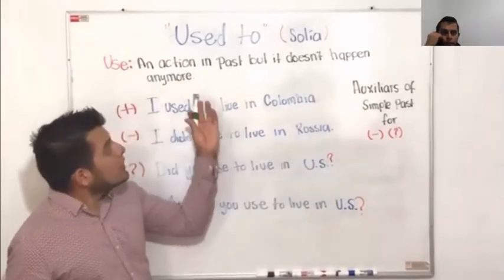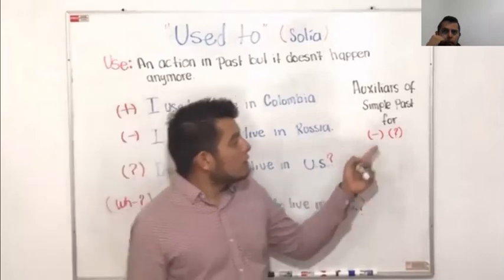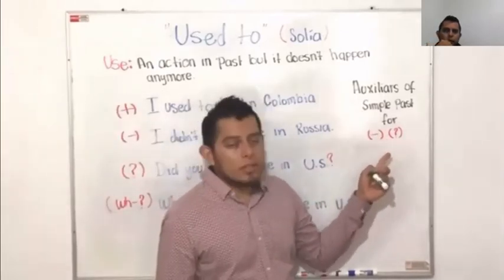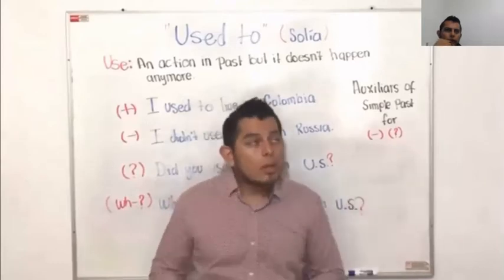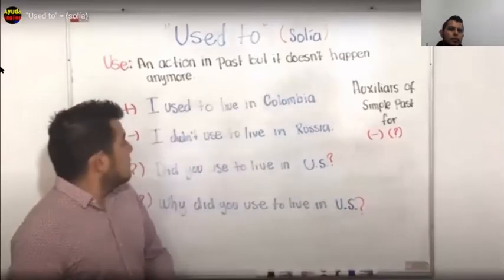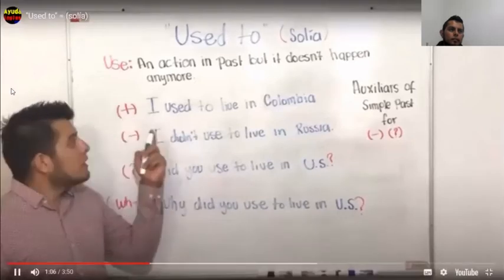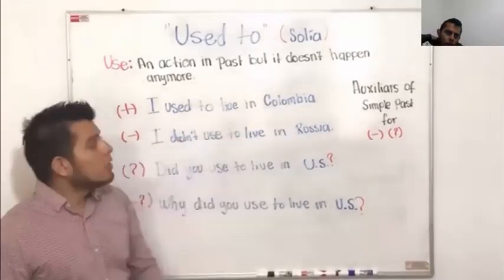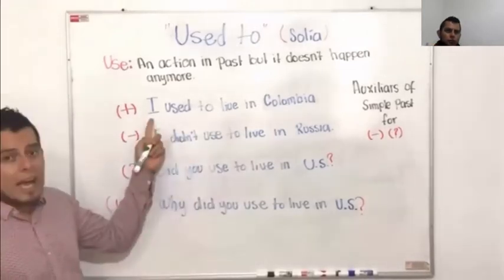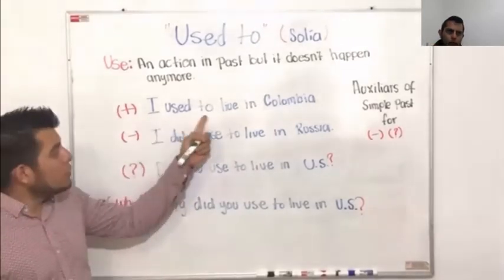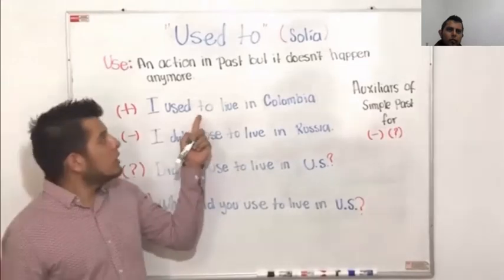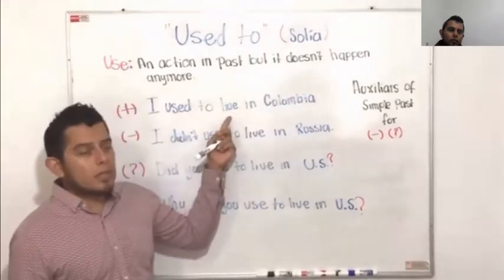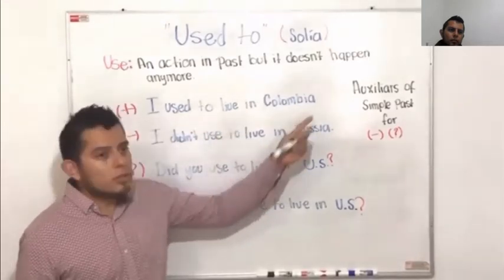So for this tense, we're going to be using the auxiliary of the simple past. That's going to be did for a question or didn't for a negative. For example, we have here an affirmative. I used to live in Colombia. So we have the subject, I, then we have indicating this, then we have live, that's going to be the verb, and in Colombia it's going to be our